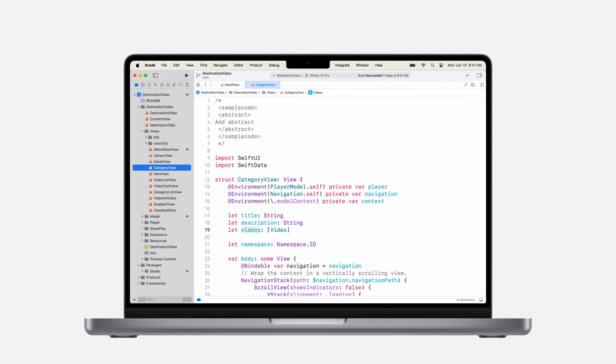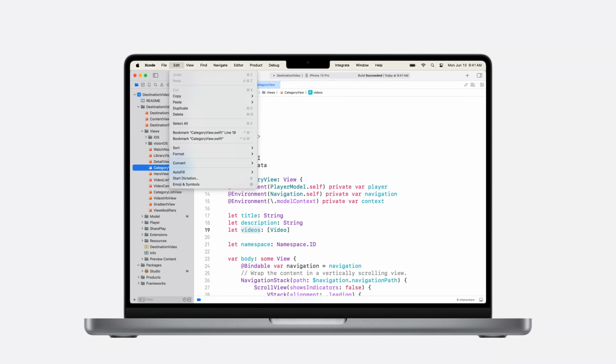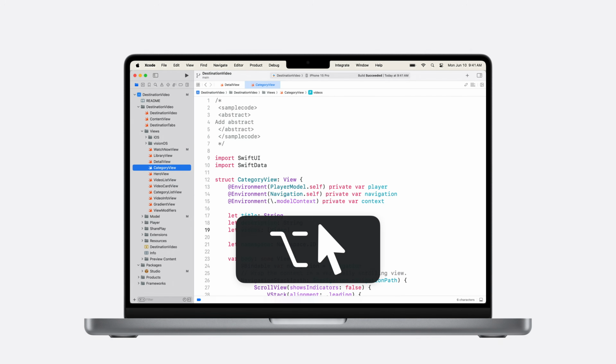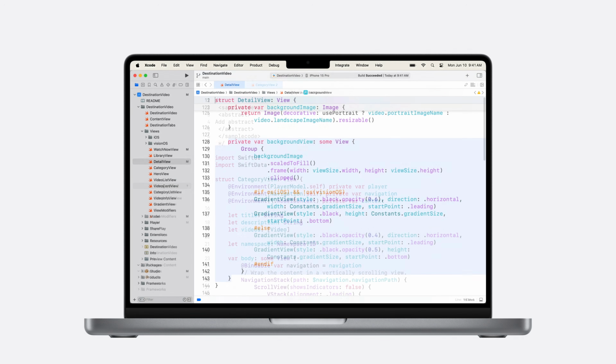And there are a whole bunch of ways to create a new file in Xcode. You can get an empty file, skipping the template chooser from right-clicking just about anywhere. If you want to use the format of an existing file to create a new one, copy and paste or duplicate are classics. My personal favorite is to hold Option, then click and drag an item to copy it. I use Option Drag for everything.